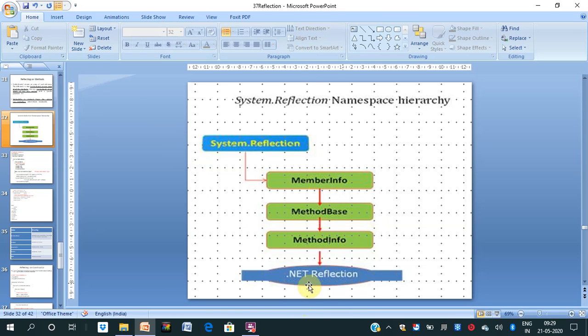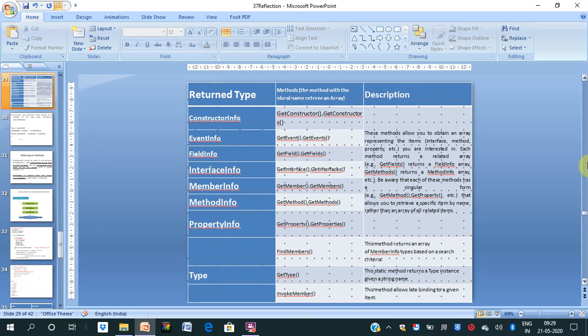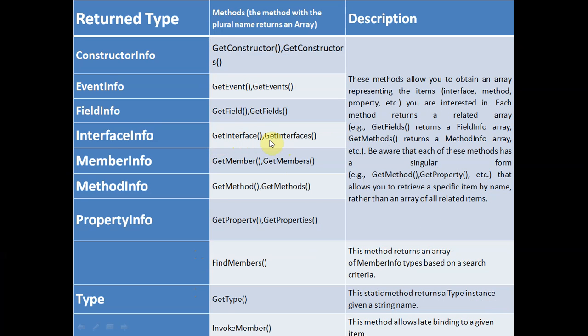So this is .NET reflection. The MethodInfo class is a very important class in .NET reflection. We have used this one in the previous program. With the help of this class we will get GetConstructor, GetConstructors, GetEvent, GetEvents, GetInterface, GetInterfaces, GetMember, GetMembers, GetMethod, GetMethods.